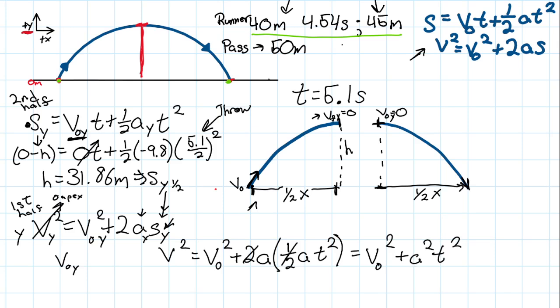Now, be careful, if I take the square root of both sides, I don't get V equals V naught plus AT. That's not correct because of this addition. I can't just cancel things like that when we have this addition. So the only reason it worked for this problem is because for the first half of it, V is 0. And when that's the case, when I have 0 equals V naught squared,